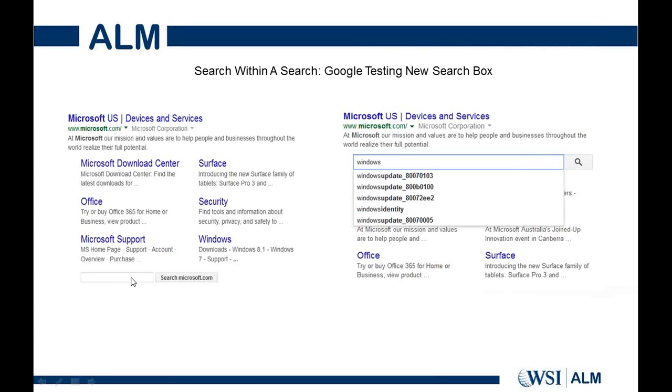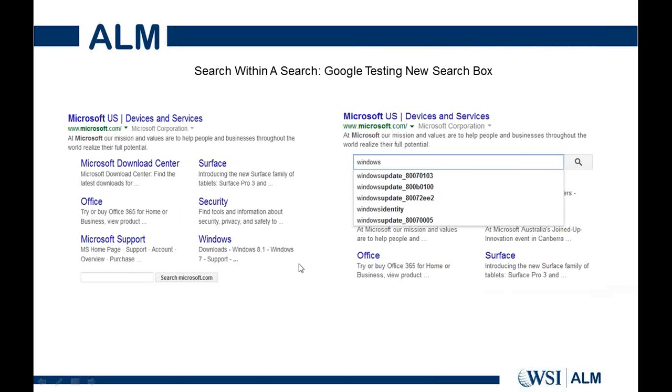So you actually have the capability to search inside this particular website for what you're looking for. And then on the right-hand side, you see a second screenshot. When you start typing in searchmicrosoft.com in that box, it's going to start prompting you with auto suggestions. So what are you looking for? You're looking for a Windows update, Windows identity update. Obviously, one can assume that a lot of people are looking for Windows updates or patches, to download directly from the Microsoft website, right? And Google's autocomplete is kind of prompting that.